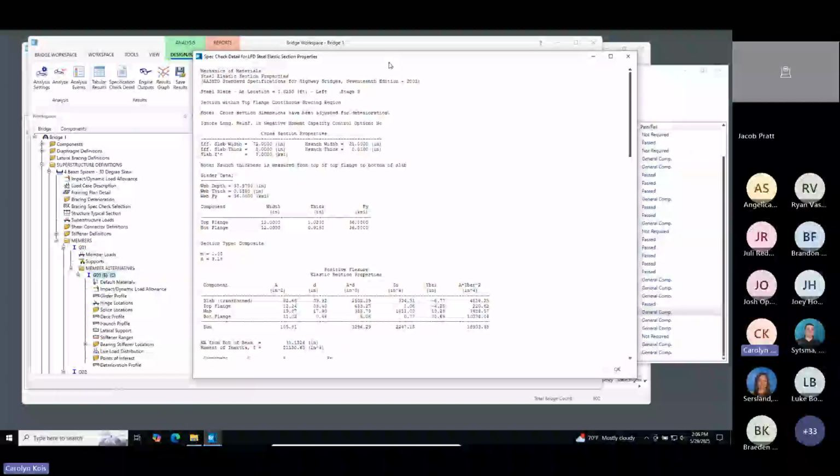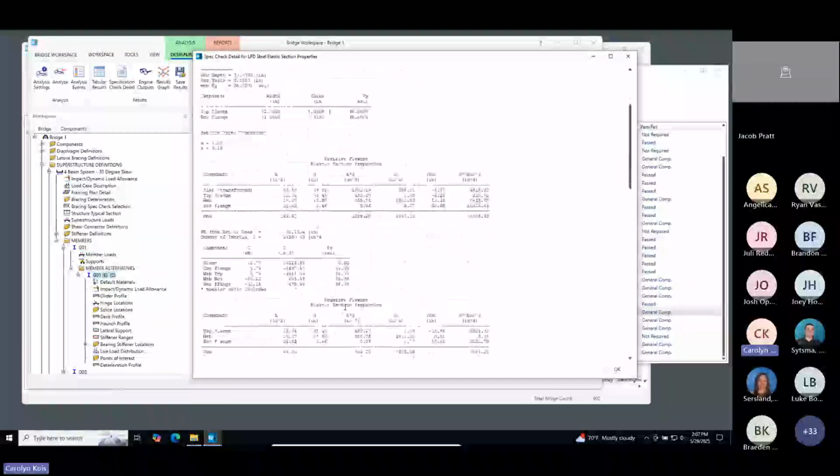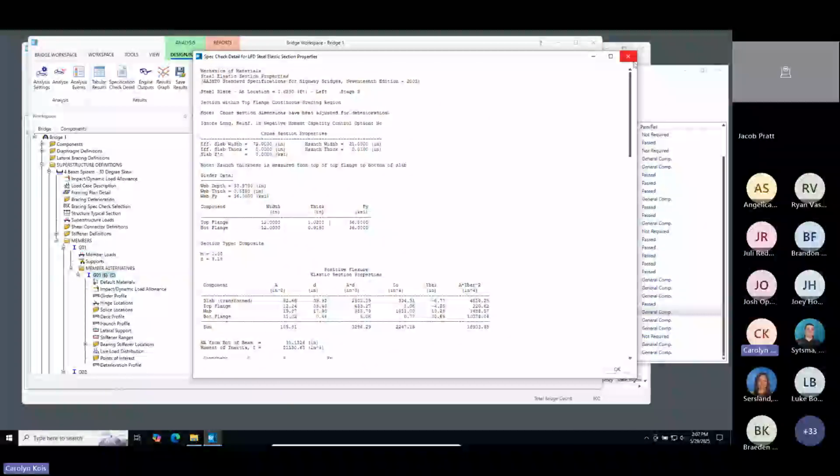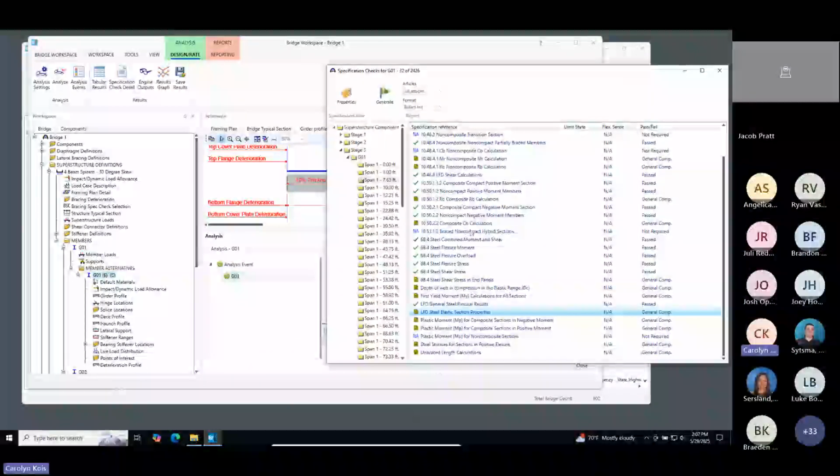Like I said, changing those dimensions here to reflect deterioration will modify the values that are used, and that'll carry all the way through the AASHTO spec checks. So like I said, you can see it here in section properties, but again, as well with these other articles,